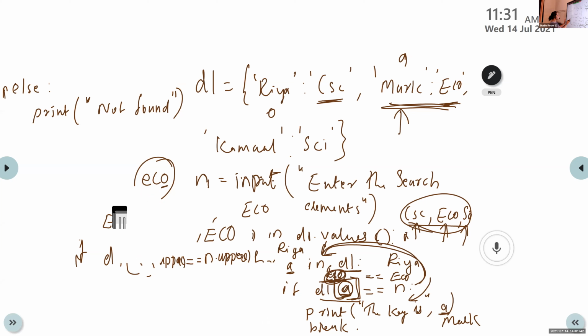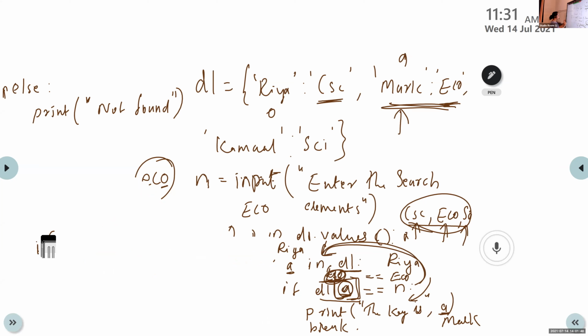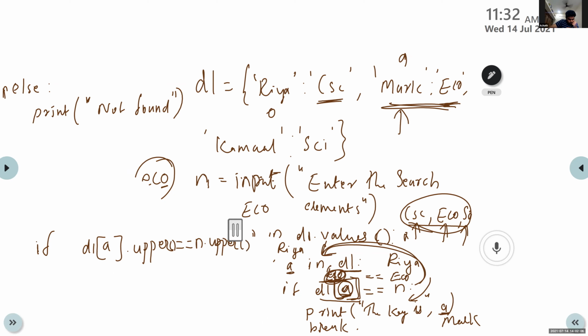Here the content is ECO. Instead of this if statement, write if D1 of A dot upper is equal to n dot upper.